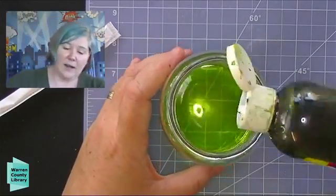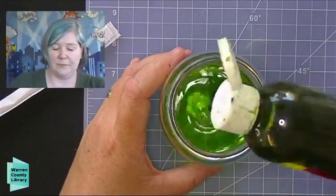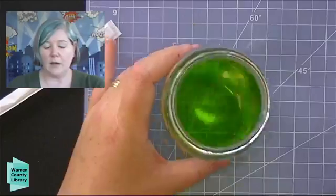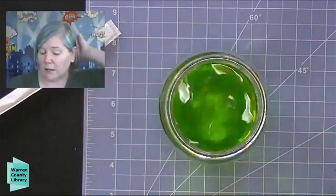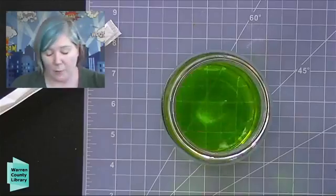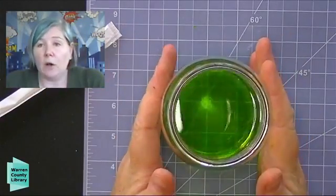So there we go. I'm going to add even a little bit more. I want it kind of on a darker side for this. That'll make it easier to see through the straw. And you'll have to vary how much you use based on what you're using. I will say, as far as the alcohol goes, the reason we're using alcohol is because